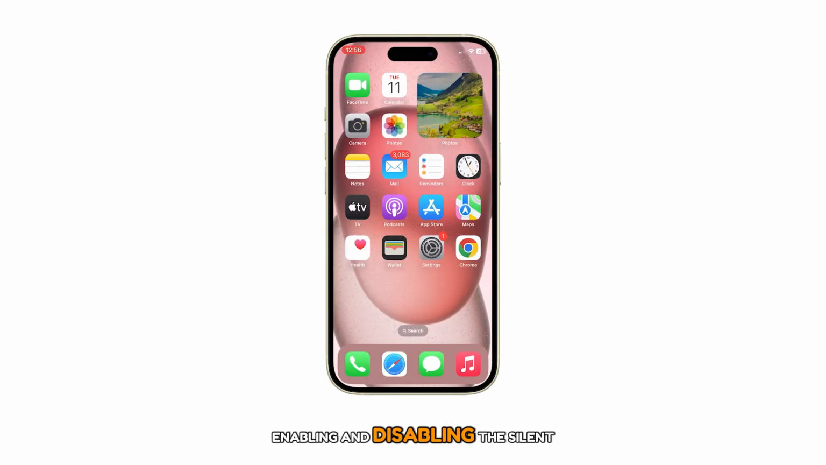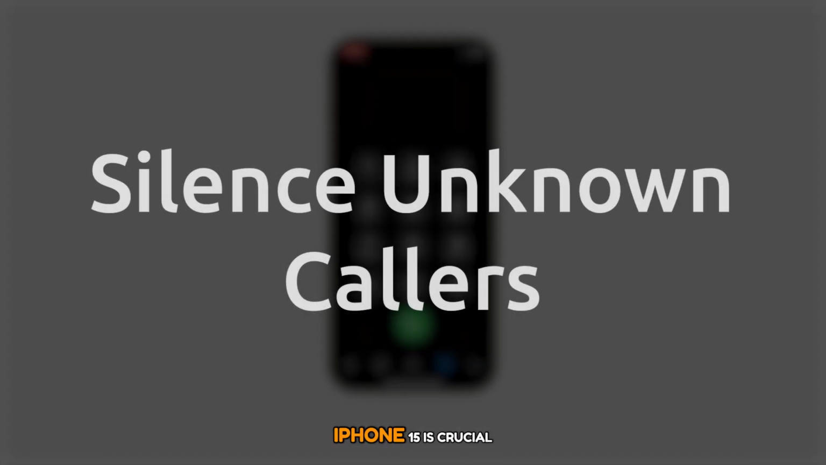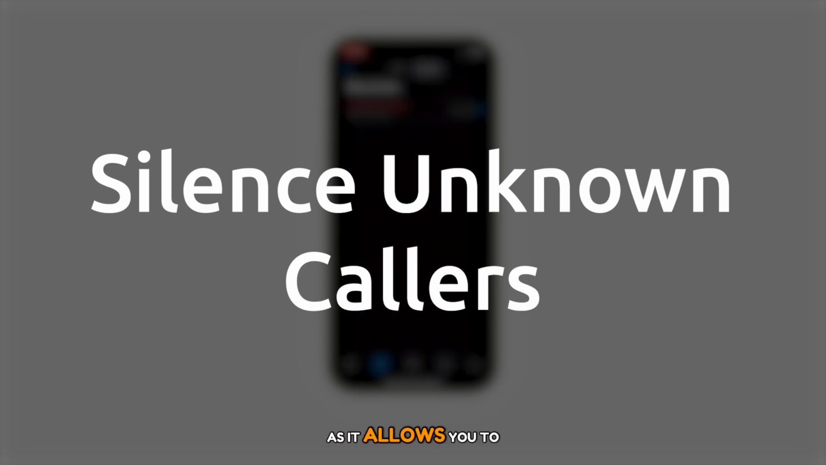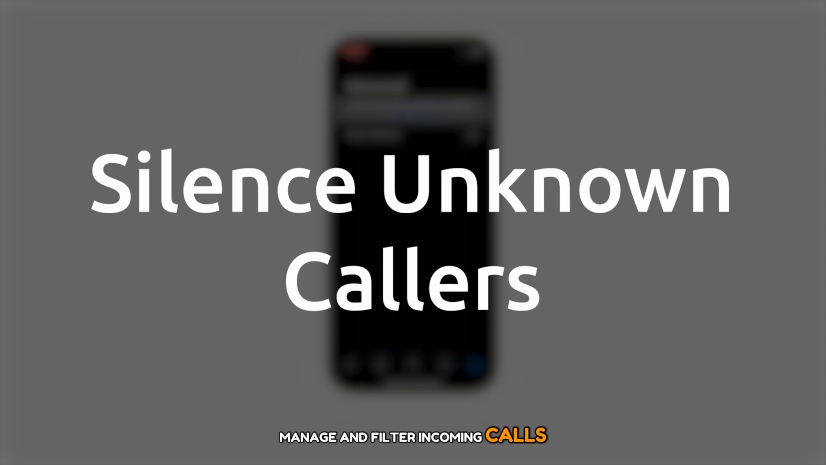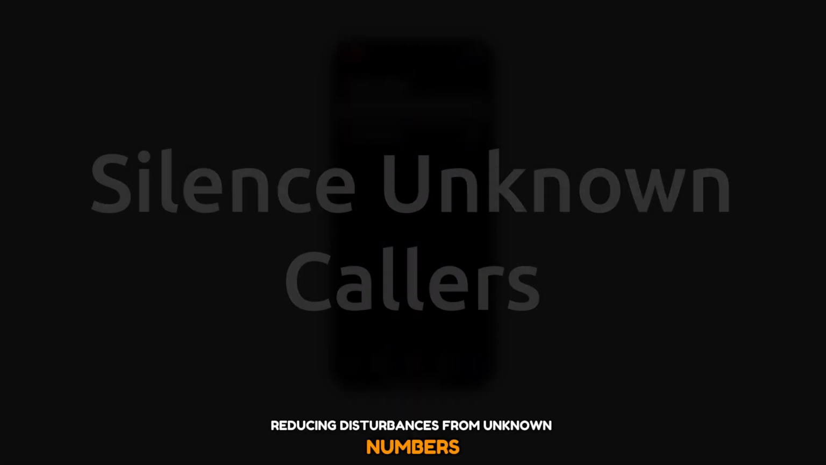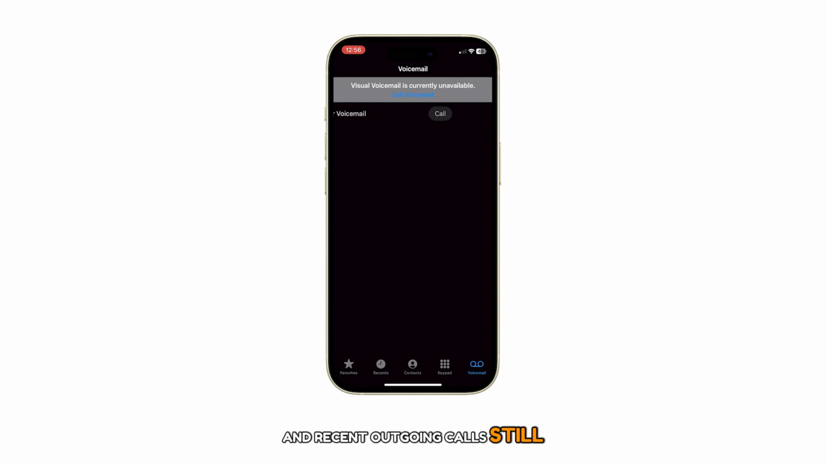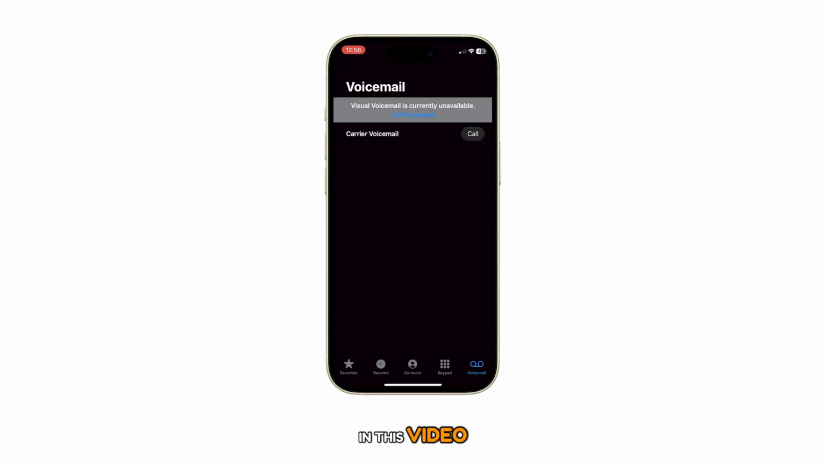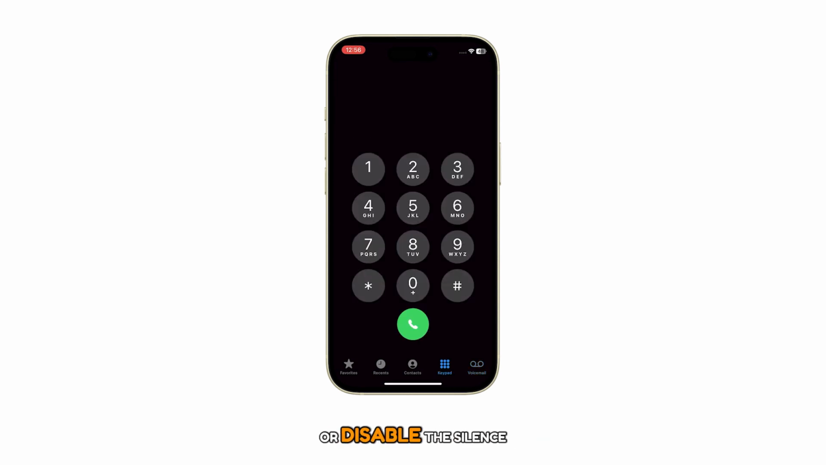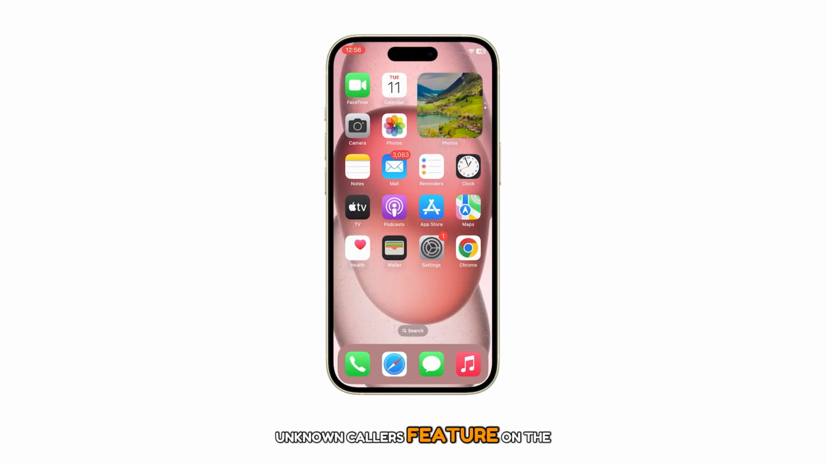Enabling and disabling the Silence Unknown Callers feature on the iPhone 15 is crucial as it allows you to manage and filter incoming calls, reducing disturbances from unknown numbers while ensuring calls from known contacts and recent outgoing calls still come through. In this video, we'll explore how to enable or disable the Silence Unknown Callers feature on the iPhone